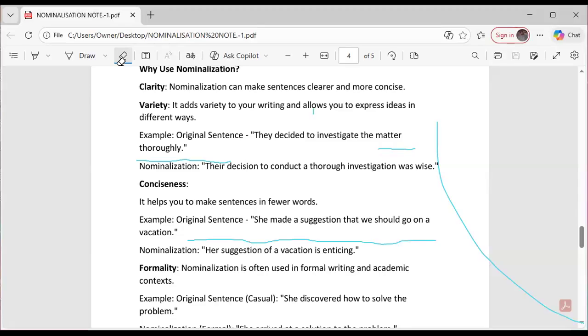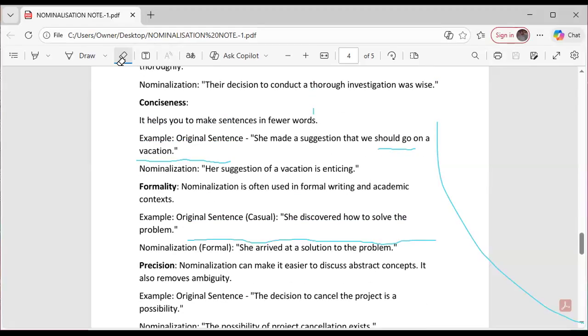Nominalization is often used in formal writing and in academic contexts. We have, she discovered how to solve the problem. Whereas when we nominalize, it becomes what? She arrived at a solution to the problem. Solve changes to what? Solution. Good. Now, precision. Nominalization can make it easier to discuss abstract concepts, as it also helps to remove